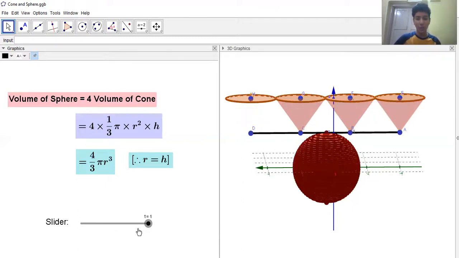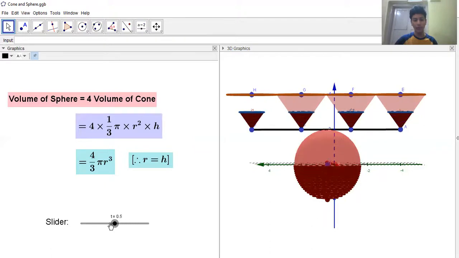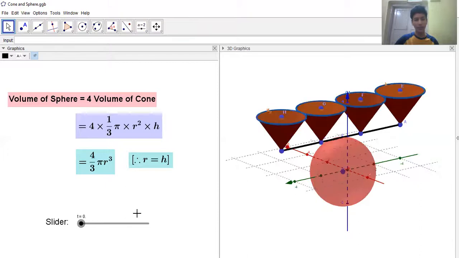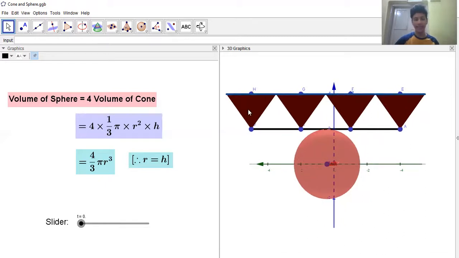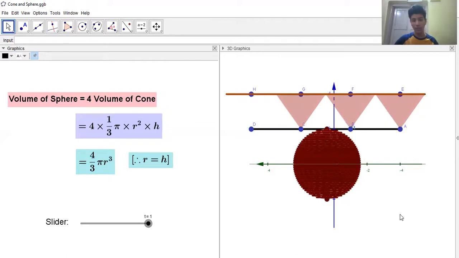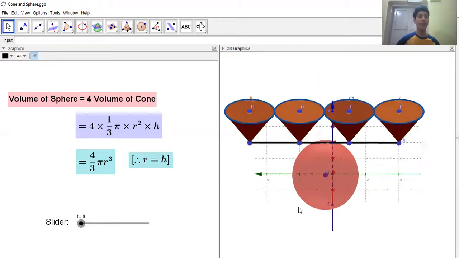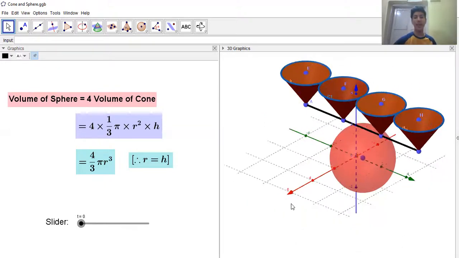So while we have transferred the liquids into the sphere, we can see that volume of four different cones is actually equals to the volume of the sphere. It is very easy. While we transfer it from up to the bottom, we get that it is directly filled, as you can see. It has filled to the top. So now we can prove that volume of sphere equals to